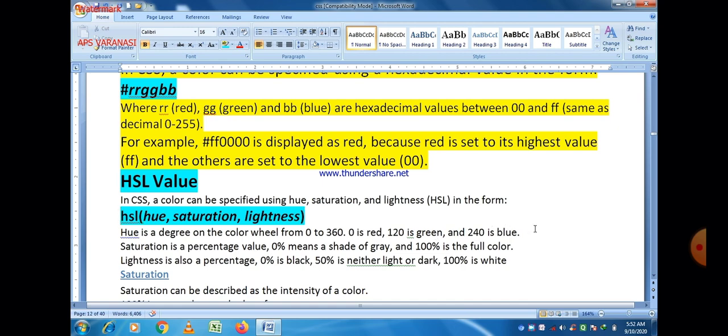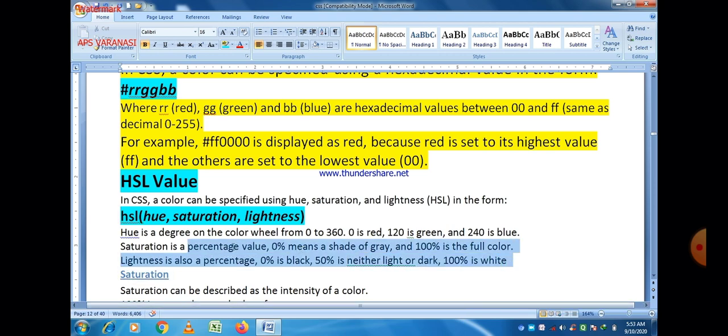Now another representation is using HSL values. HSL basically represents hue, saturation, and lightness. Hue is the degree on the color wheel from 0 to 360, in which 0 represents red, 120 is green, and 240 is blue. Next is saturation.